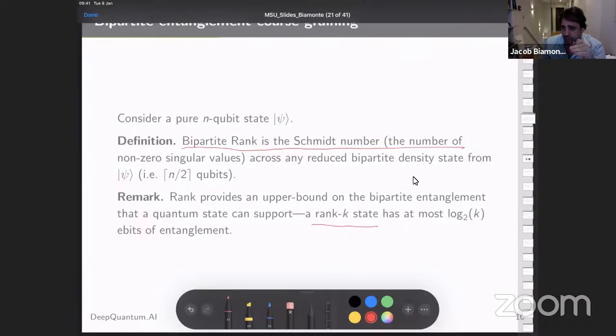So an E-bit is the amount of entanglement in one Bell state, irrespective of the measure used. So it's kind of like a unit transformation. We're working without units. We're working with E-bits as our unit, but it's irrespective. Sorry, we're working without respect to a measure. We're working with respect to any measure. So it's normalized with respect to that.